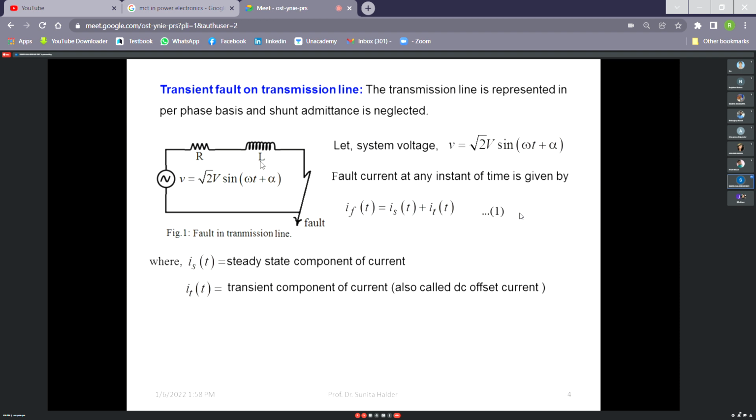Why not shunt capacitor? Because when there is a fault, the shunt capacitor value is very low. Shunt capacitance, obviously, is the property of the transmission line, but the contribution of shunt capacitors is the charging current. Charging current is jV omega C. Now, when there is a short circuit, V has gone to a very low value. Ideally, it is 0. So the contribution of the shunt capacitor is 0. That's why it is not considered here. This type of question may be asked in the examination.